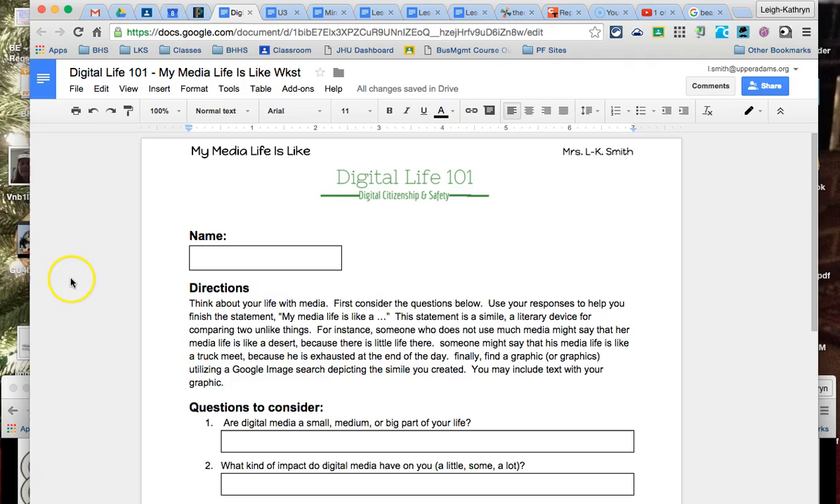directions here. It says, think about your life with media. First, consider the questions below. Use your responses to help you finish the statement, my media life is like a... The statement is a simile, a literary device for comparing two unlike things. For instance, someone who does not use much media might say her media life is like a desert because there's little life there. Someone might say that his media life is like a truck meet because he's exhausted at the